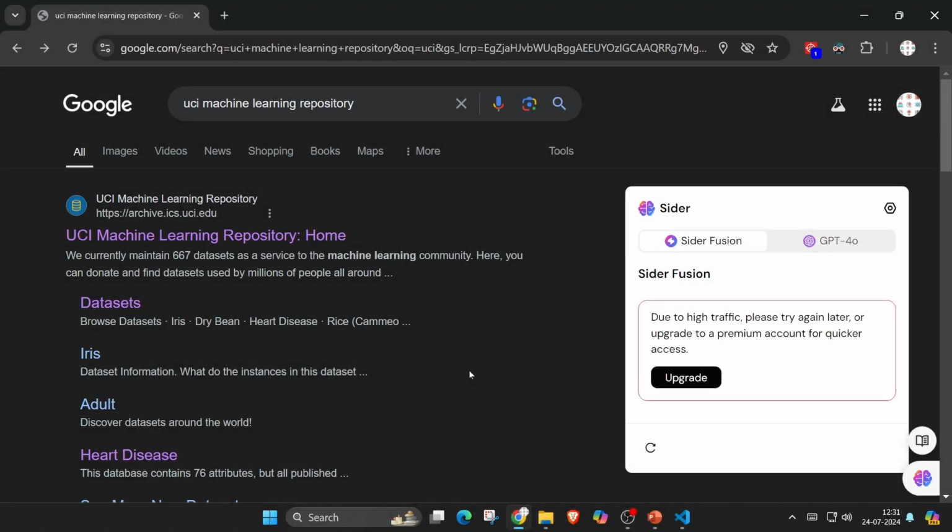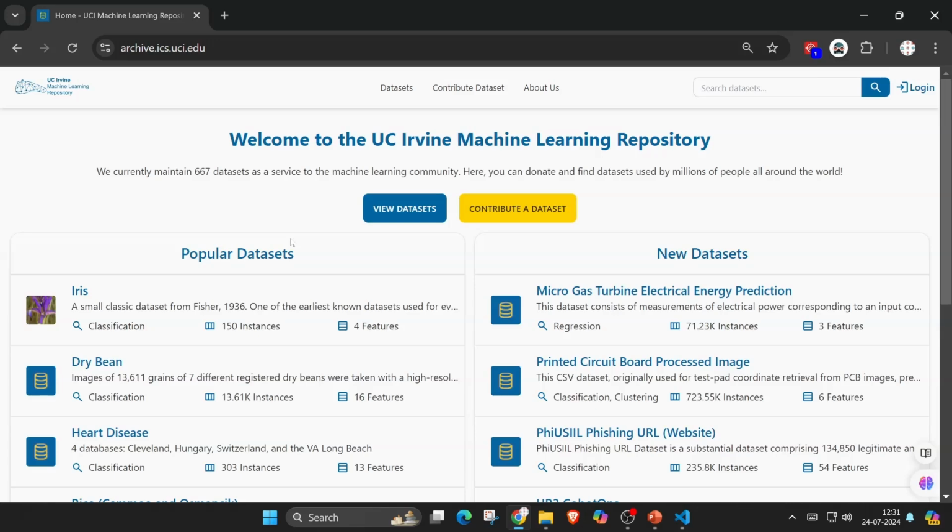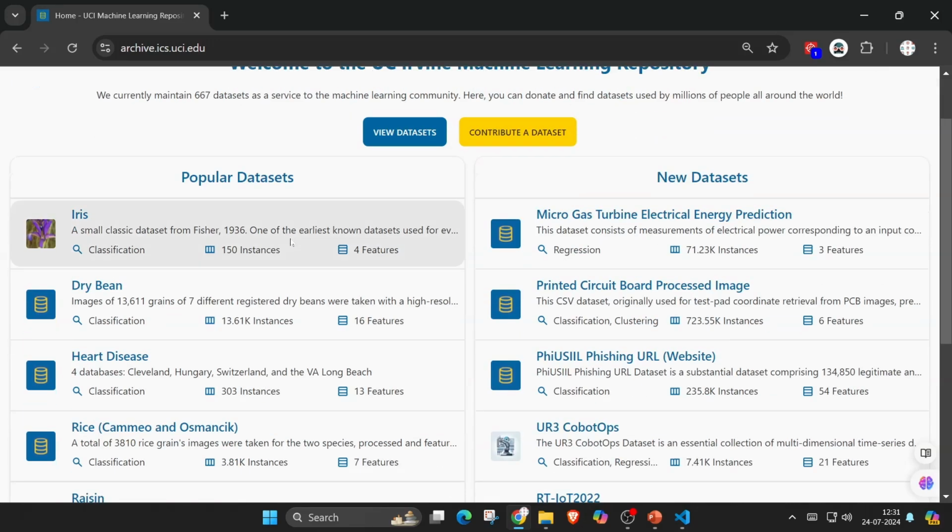Okay, now what I want you guys to do is head to your Google Chrome or any browser, whichever you want. Some people have Edge as their favorite, some people have something else. You can go anywhere. Right over here, you see a machine learning repository. Go on this link, archive.ics.uci.edu. I will be pinning this link in the description, from where you can get directly to the page to download the dataset.